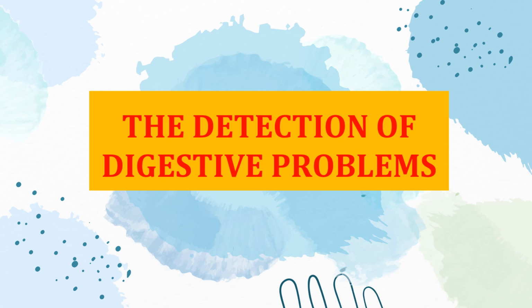Today we will be discussing the detection of digestive problems, diseases, or disorders. A digestive disease is any health problem that occurs in the digestive tract, and those disorders that affect the digestive or gastrointestinal system are called digestive disorders. Based on the findings of the medical history and physical examination, doctors choose appropriate tests or ways to detect digestive problems or disorders. Tests or ways done on the digestive system include the following: